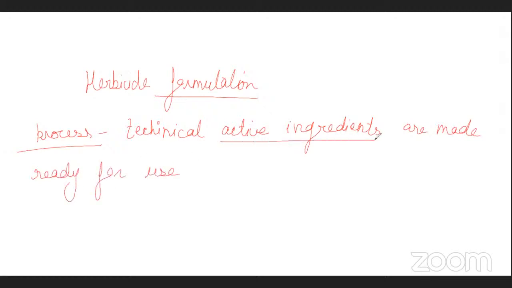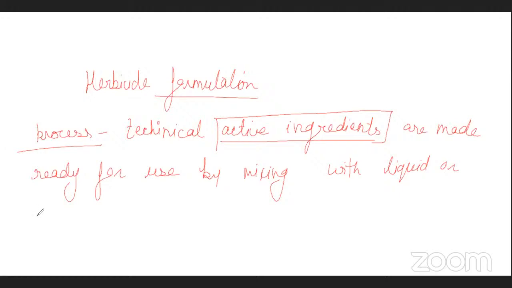I will be telling you the meaning of active ingredients. This herbicide formulation is the process by which technical active ingredients are made ready for use. And how are we going to make it ready? By mixing with any liquid or dry diluents, by grading it,